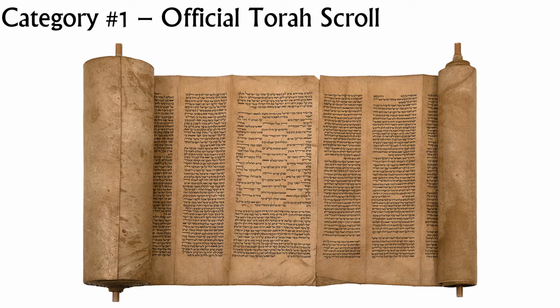So what are the ramifications of a Sefer Torah? First of all, a Sefer Torah only includes the five books of Moses. I've mentioned in other videos that there is a requirement on who's allowed to write an official Torah scroll. It usually takes about a year to copy it because you can't, for example, sit down and do it by memory. A person who does it for use in an official public setting like a synagogue has to sit there basically for a year.